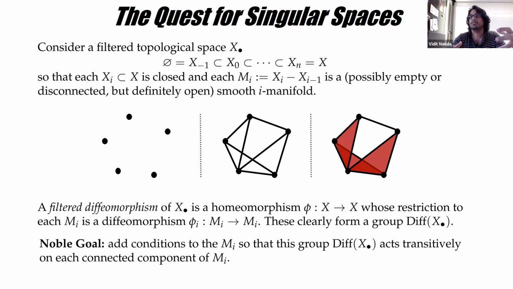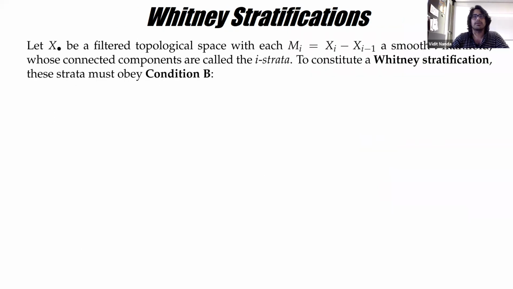You want a diffeomorphism of the whole thing that'll send one point to the other within that connected component. So that's where the quest for singular spaces begins. And I think hopefully most people have heard of the fact that the correct definition of a singular space by just about any metric was given by Whitney, who was looking at analytic varieties. And I think the paper is called Tangents to an Analytic Variety from sometime in the 60s,